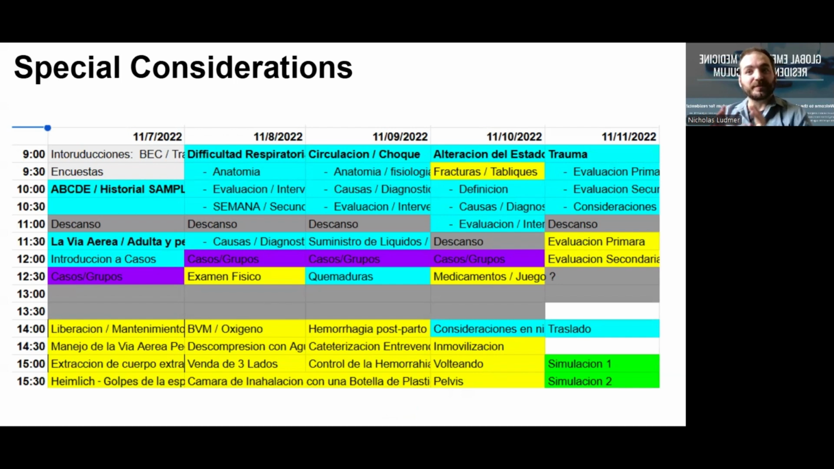This is by no means an official outline. This is just an example. This is one I used for a BEC course I taught in Mexico in 2022. Don't pay attention too much to the individual courses. What you can look at is everything in light blue represents didactics. Everything in purple is small group case discussions, and everything in yellow refers